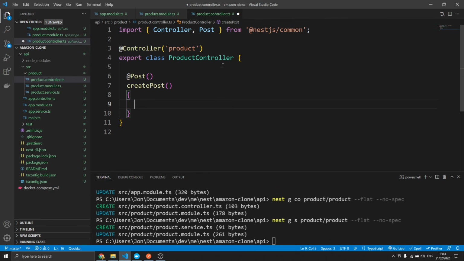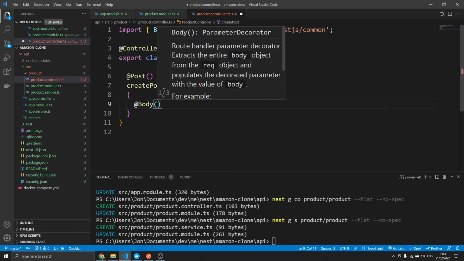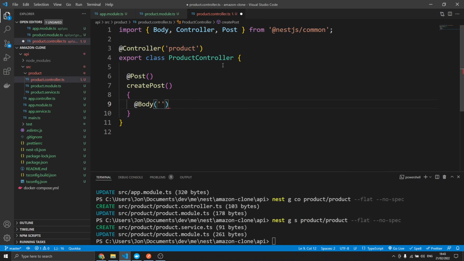Now, when we create a product, we're going to have 3 different properties, and we're going to have them in the body. So there's this body annotation here, and I just realized I'm going to need to connect to the database. So let me just do that before I get into all of this stuff. Since we've set up Docker, it's actually really easy to connect to our database. All we really need to do